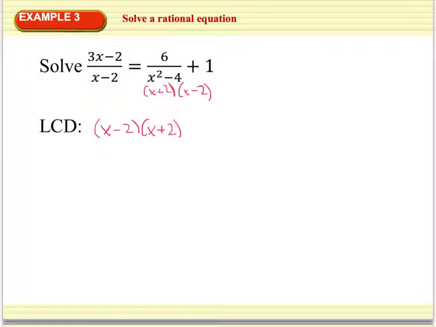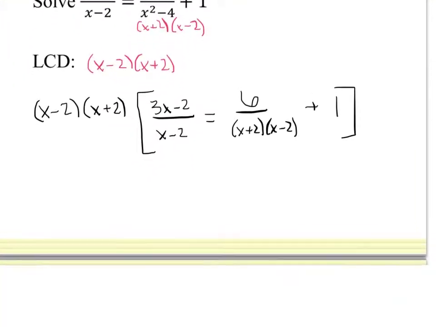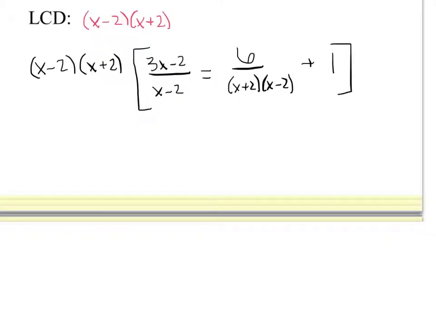So I'm going to rewrite my problem with my least common denominators out front. So I have x minus 2 times x plus 2, and I'm going to multiply that by 3x minus 2 divided by x minus 2, which is equal to 6. And I'm just going to rewrite my denominator for this one as the factored form, which is x plus 2 times x minus 2 plus 1. Now when I go to simplify, I'm going to distribute these two terms onto this term and this term. So I'm going to end up with